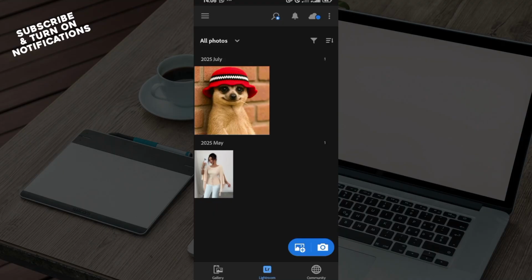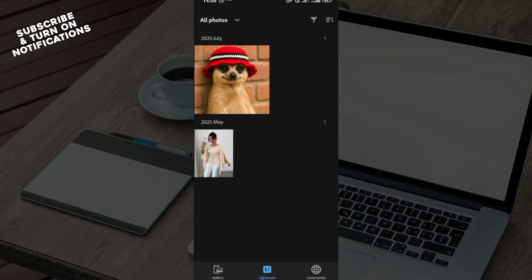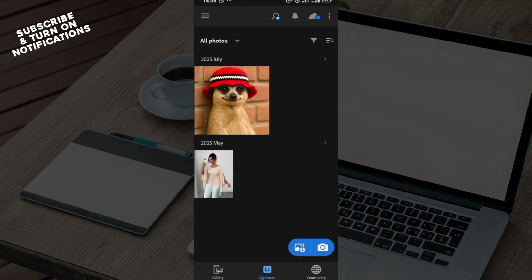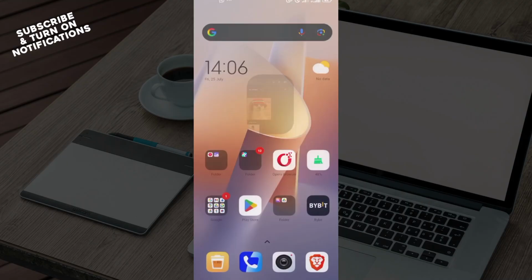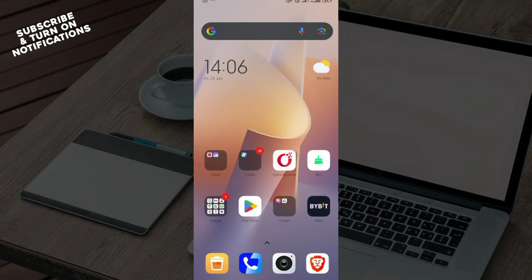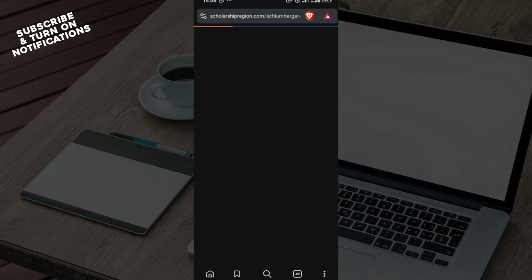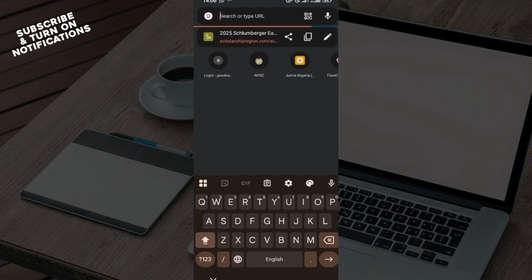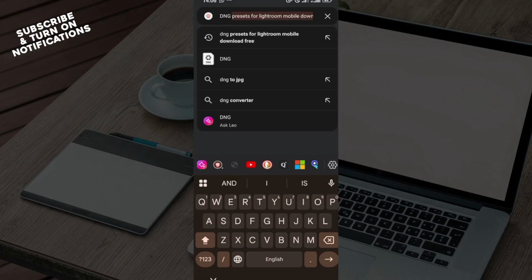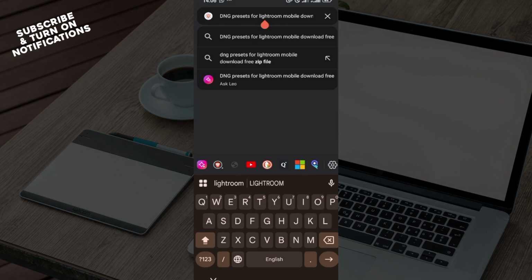To do that, there are two common ways. The first way is for the DNG preset. For DNG presets, you would have to download it. So to download it, go to your browser, click on the search box and type DNG preset for Lightroom mobile